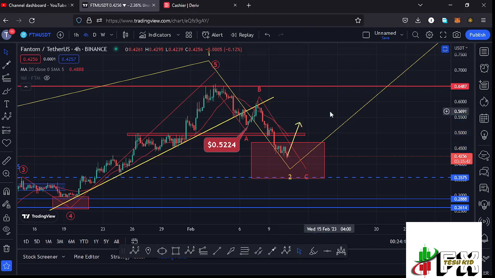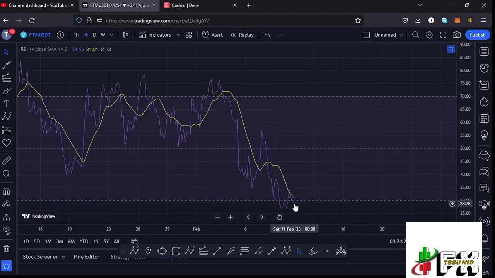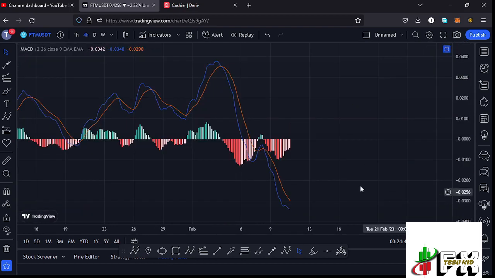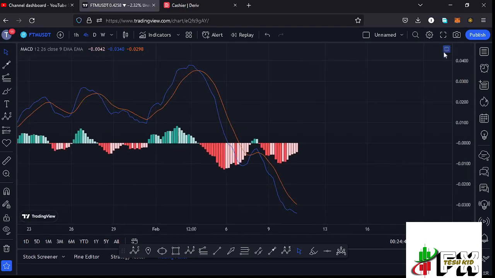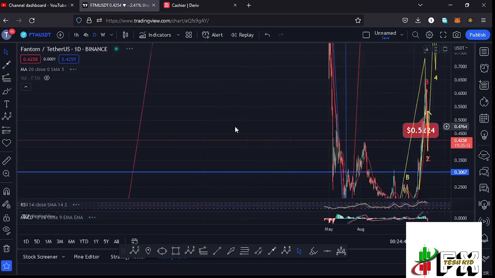And before I give you the long-term scenarios that I'm expecting to play out, allow me to first take a look at the indicators, where here on the RSI you can see we are trading at around the 28 mark, meaning we have massive room for us to support higher movements in the formation of that wave 3, but a bit of room for us to support lower movements in the formation of that wave 2 to fully maximize our target area. Also taking a look at the MACD, on the MACD we have been able to print a bearish cross, fully supporting the formation of that wave 2,